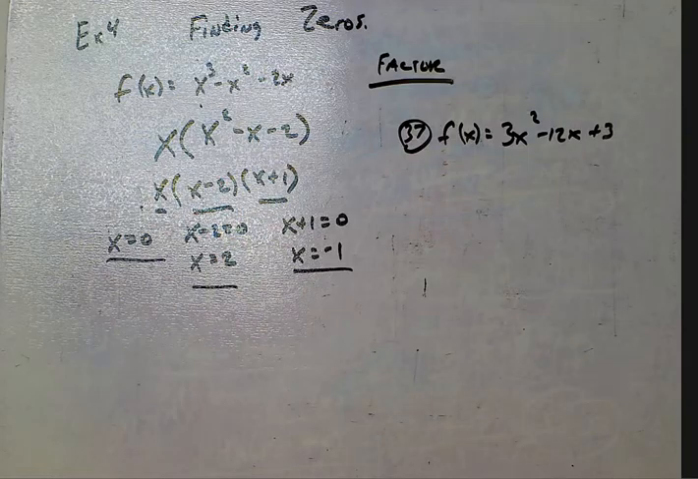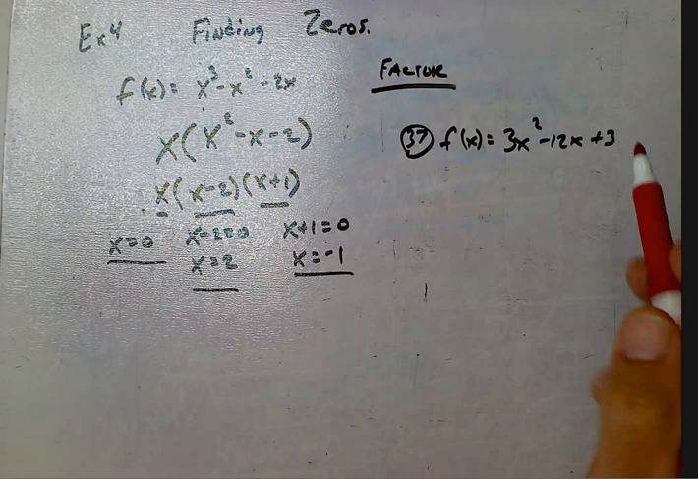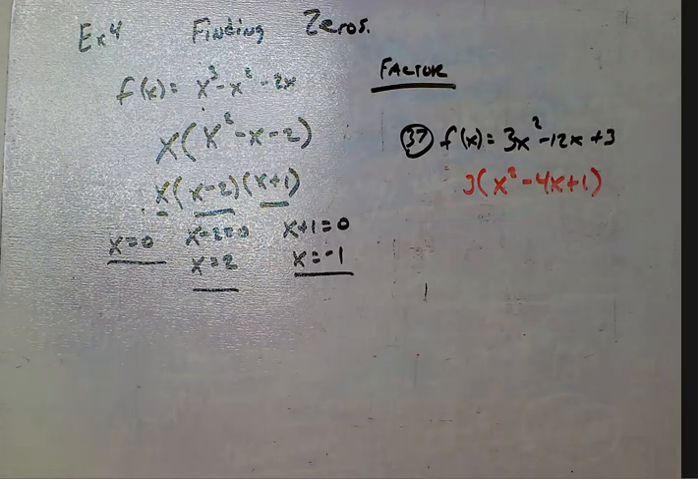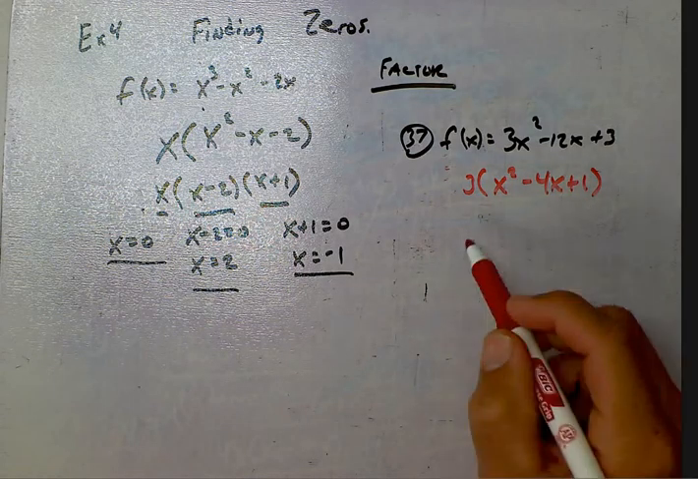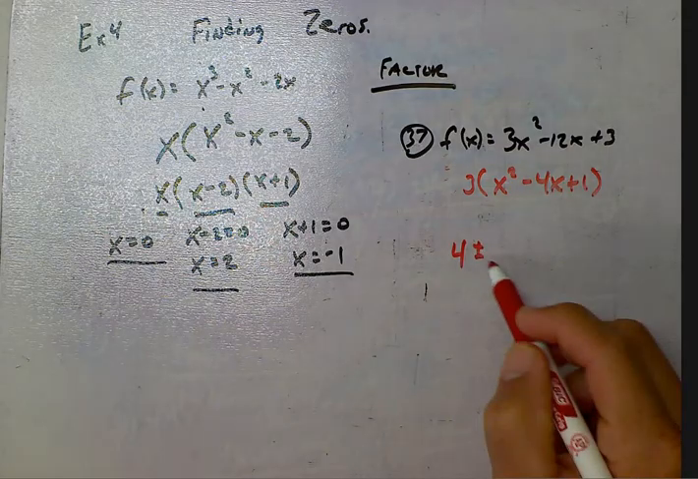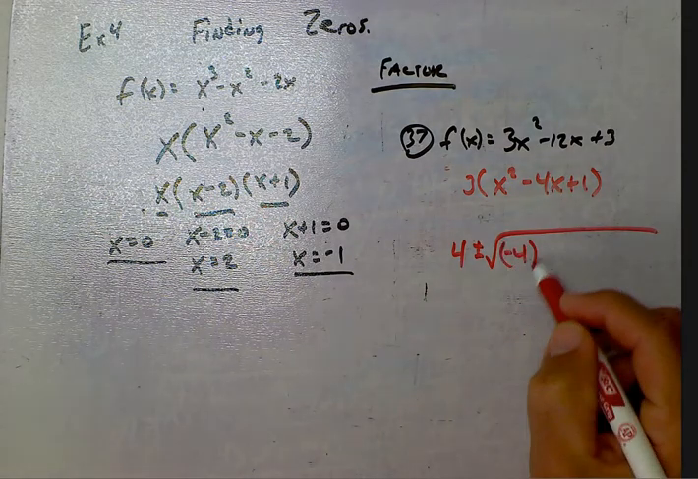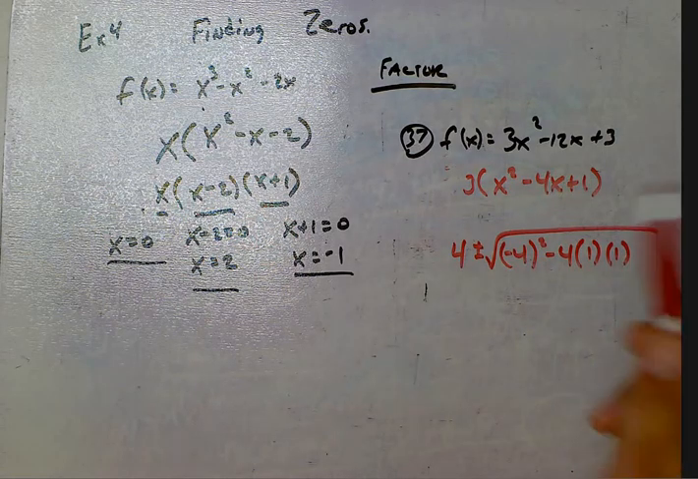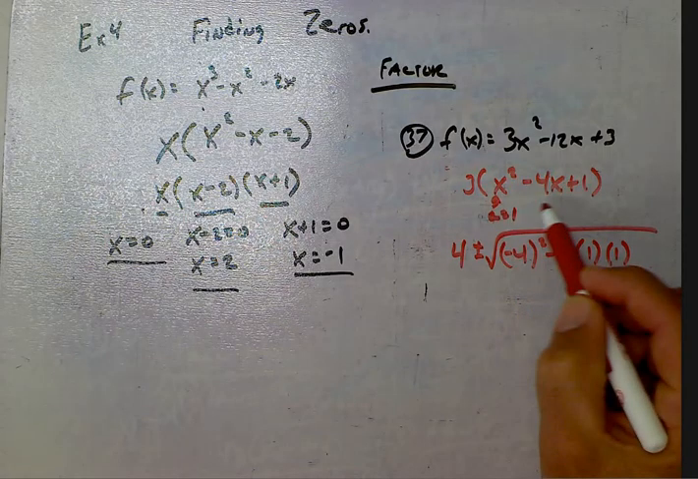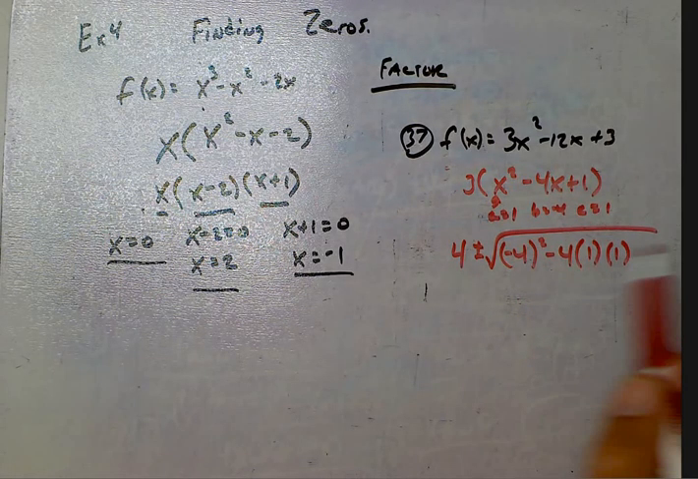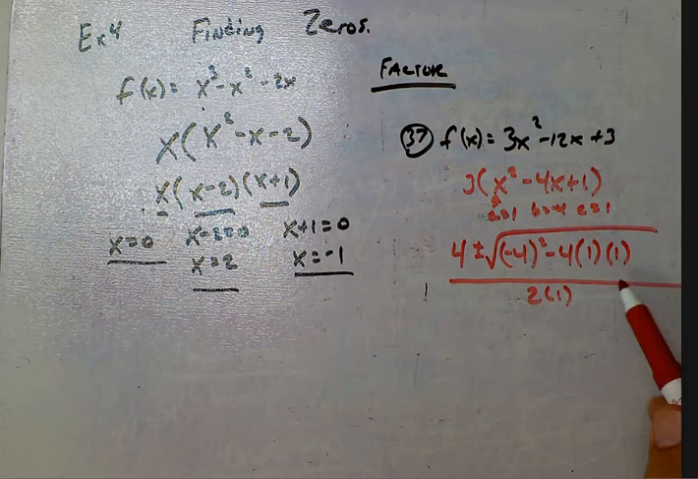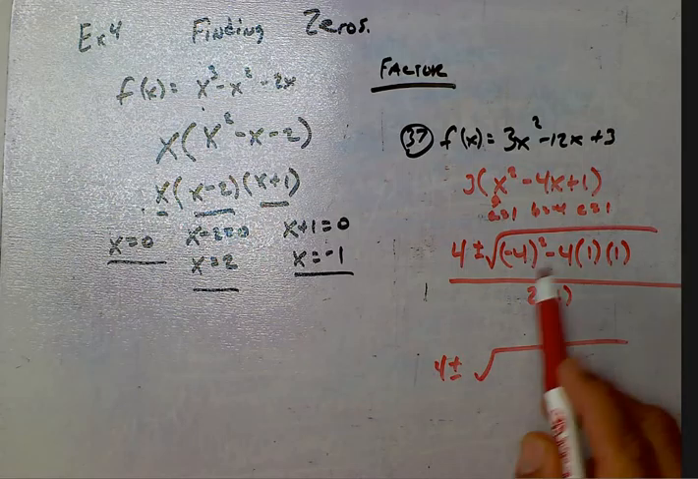Okay, for this one, the common factor between those three terms is 3. So I'm left with x squared minus 4x plus 1. However, this does not factor. So I have to go into the quadratic formula, which says x equals negative b plus or minus the square root of b squared minus 4 times a times c. Notice I'm using a is 1, b is negative 4, and c is 1, all over 2 times a, which is 1. Simplify within the square root first, so 4 plus or minus the square root of 16 minus 4 is 12,